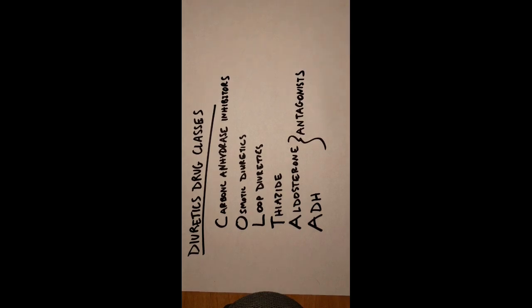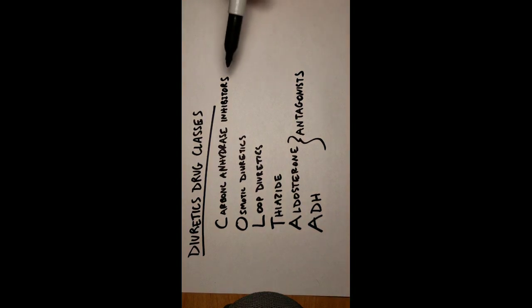So take a minute to write this down as well, and just appreciate that these are the different classes of diuretics that are commonly prescribed. COLTA, C-O-L-T-A-A. Now, conveniently, we have these listed in the order from proximal to distal of the nephron where these drugs